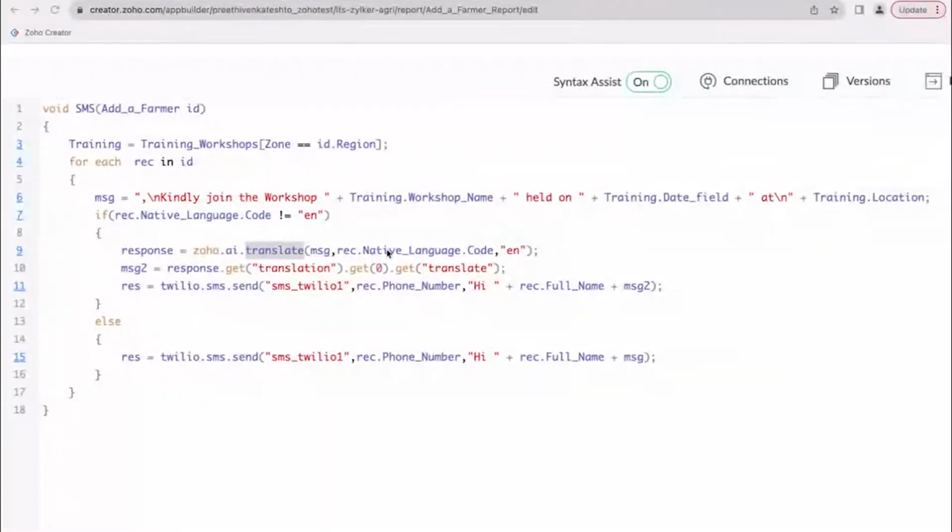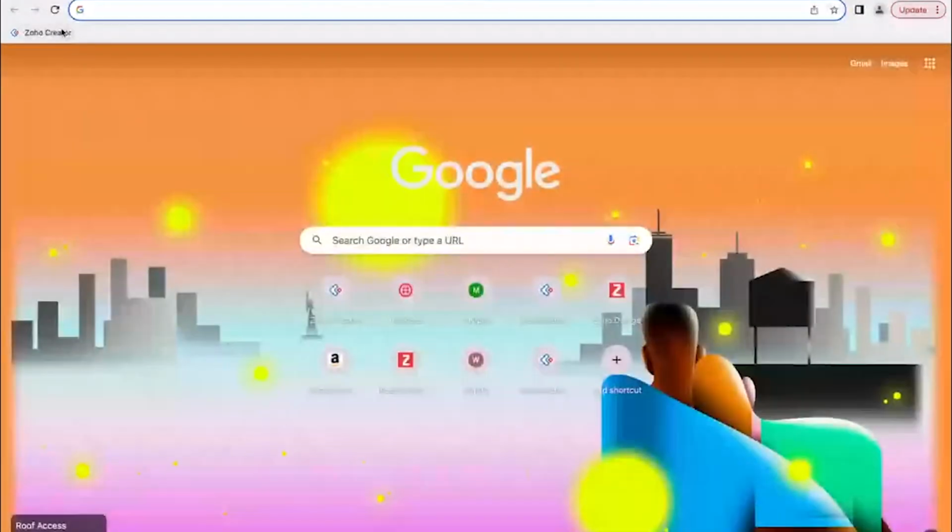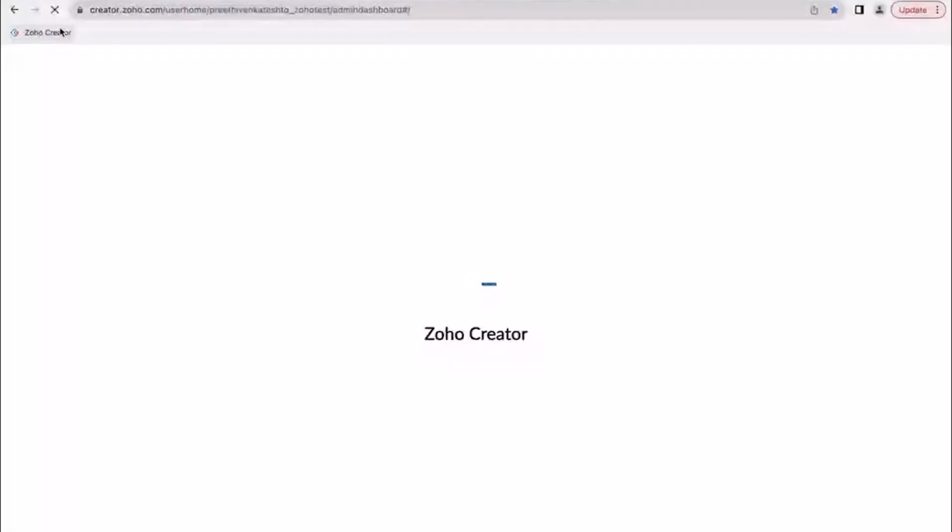So using that, I'm just translating my particular English message into the farmer's native language. After translating them, I'm going to send an SMS with the help of this Twilio. Before I talk about this line of coding, let's see how I created the connection between my Zoho Creator